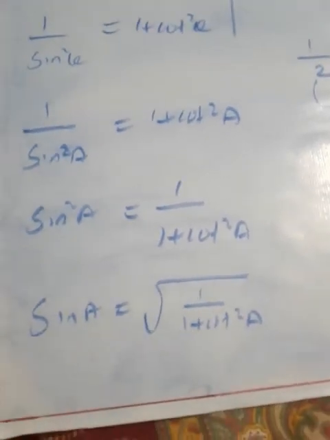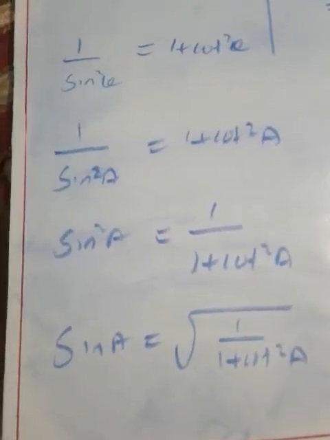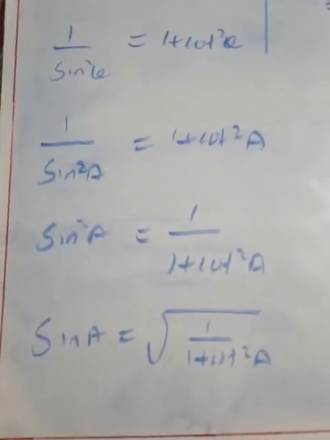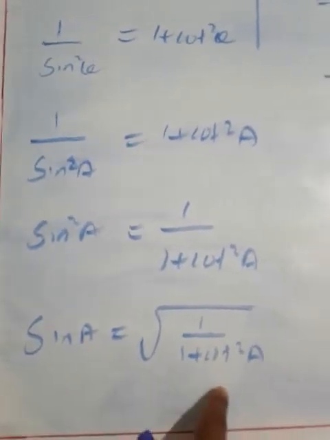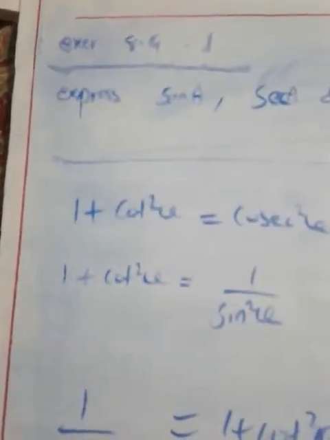And there exist many other methods also for reaching the solution. So you can try another method, you may get a simpler method than this. Anyway, this is one of the methods. We have expressed sin A in terms of cot A. So what I did, I'm explaining once again. Our expression is 1 plus cot square theta is equal to cosec square theta.